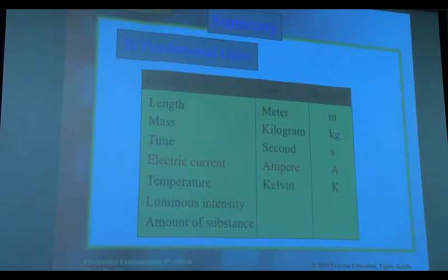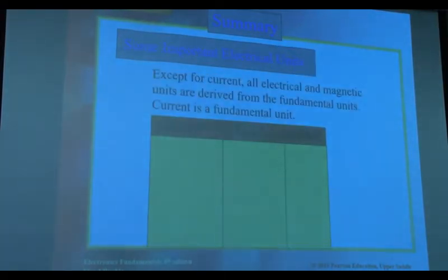Temperature. The unit is Kelvin. The symbol is K. Others we do not use, so we just use it here. We are more interested in